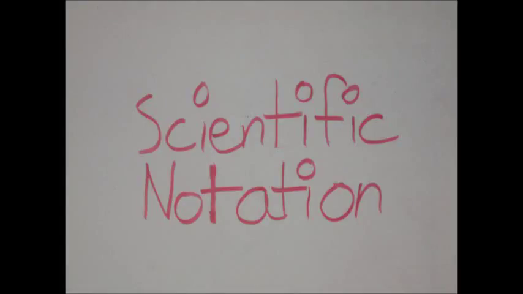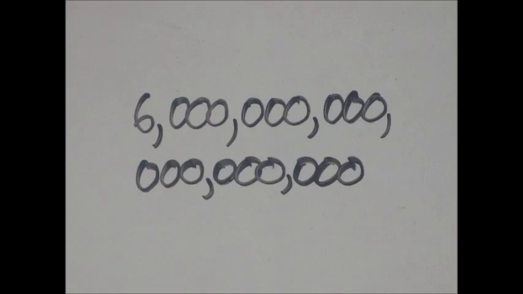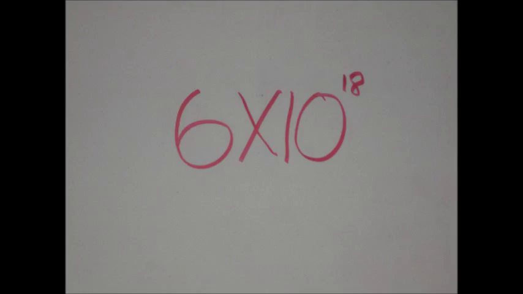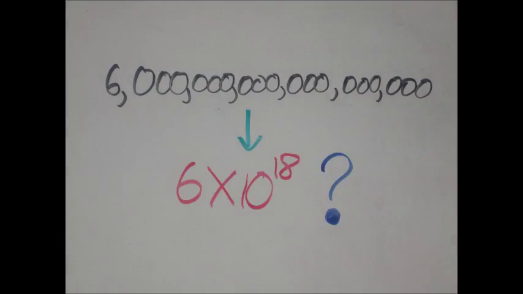Scientific notation. Scientific notation is a method of taking a very small number or a very large number and making it more manageable and easier to use in calculations. For example, this seems gigantic, but 6 times 10 to the 18th looks much easier to read. This is all fine and good, but how do you go from this big number to this short number in